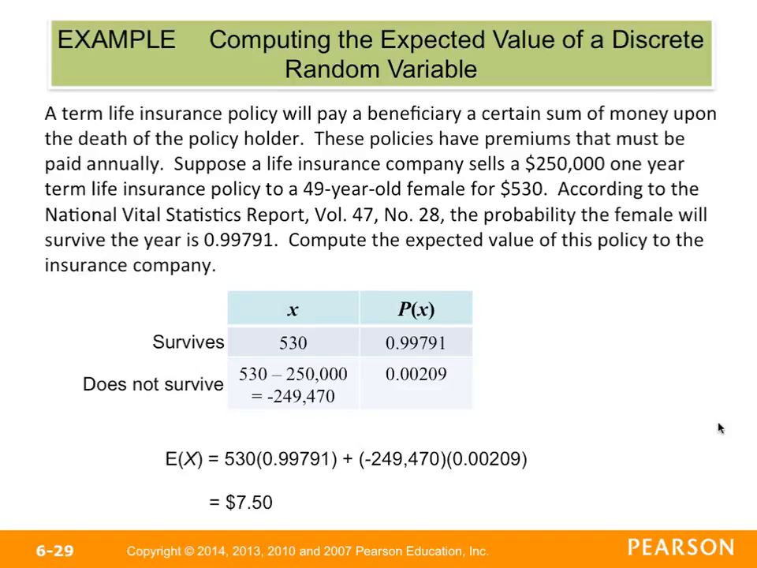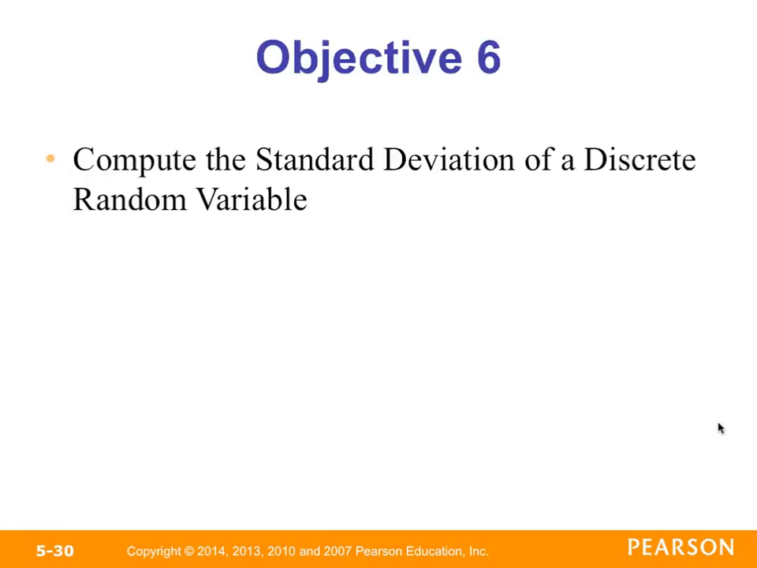Okay, so that means that for every 49-year-old female who participates in this policy, they're making on average about $7.50. So they're not going to make money on everyone, and they're not going to lose money on everyone. But in the course of all of these females who are purchasing this policy, that's on average what is going to happen. All right, the last thing we're going to do in this section is